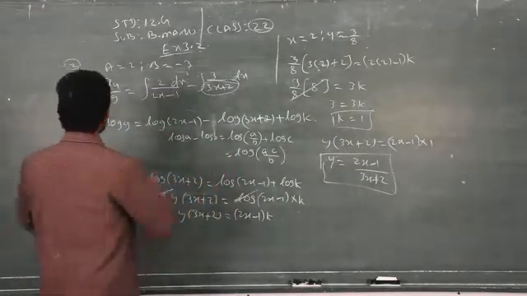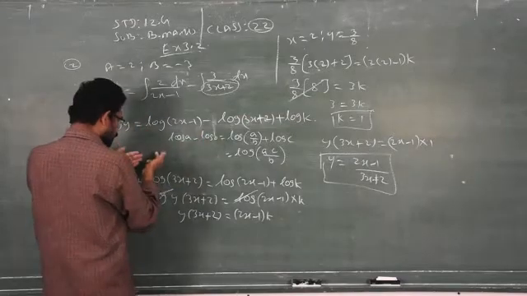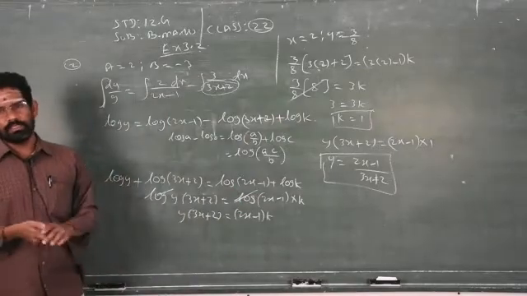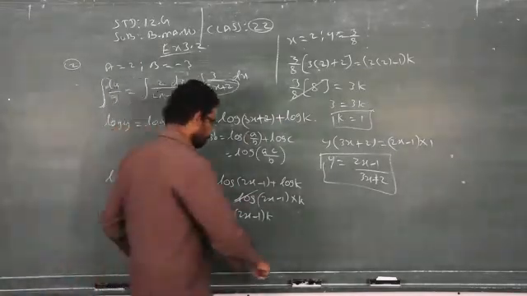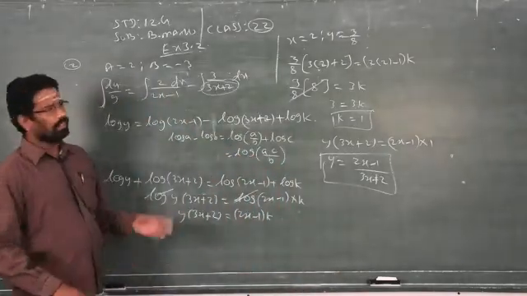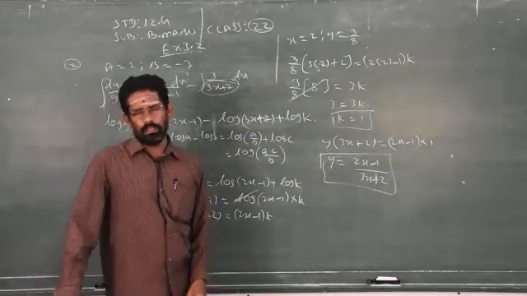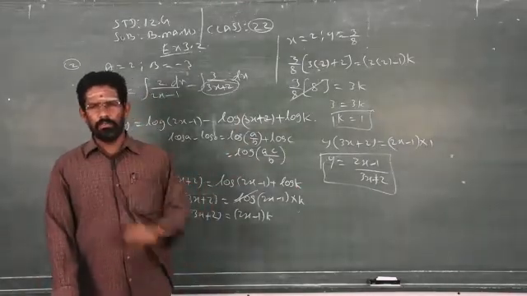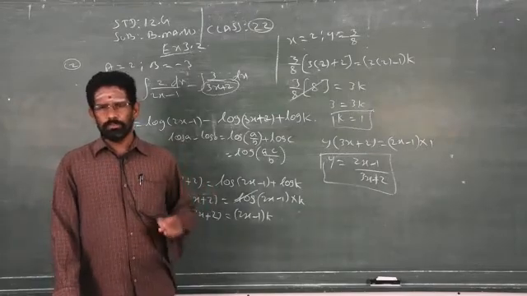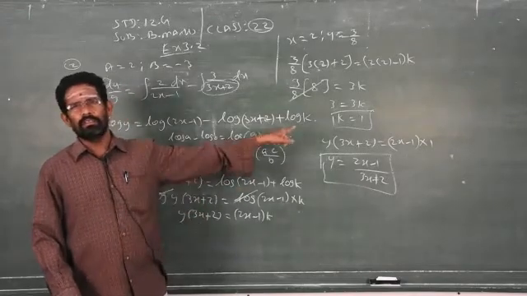The problem is this is an indefinite integral. When all the integrations come in terms of logarithm, then you are supposed to add the constant also as log k. Don't simply add plus k; you will not get the answer. Clear. So you may have a question: why sir, why don't you add k? These are in logarithm format. If you add only plus k, then you convert the k into logarithmic format. So you can add or subtract with what? Only like terms. You cannot add or subtract with unlike terms. So that is why we are using log.